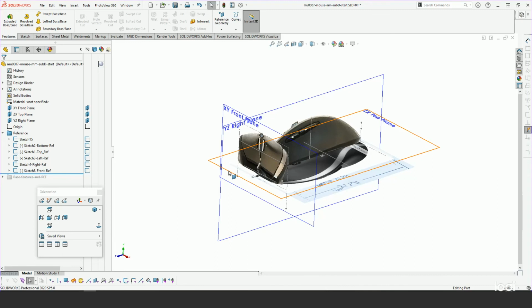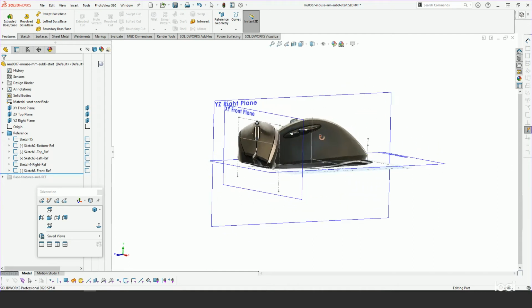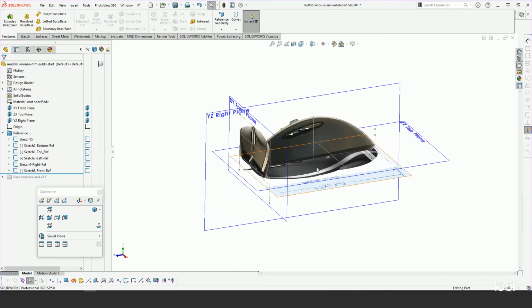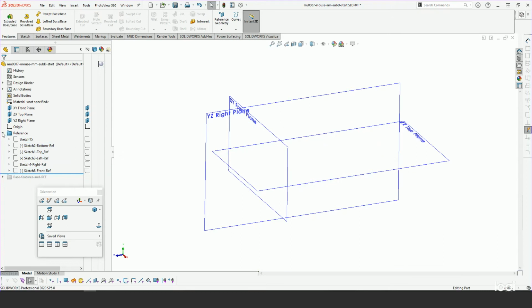Now I could have scanned the mouse because I do have a scanner, but I felt that for this exercise, having the mouse right here, if I needed critical dimensions, I can just take those dimensions with my calipers. And this would serve as a good basis for building up the design. Just refer to these. So let's hide those